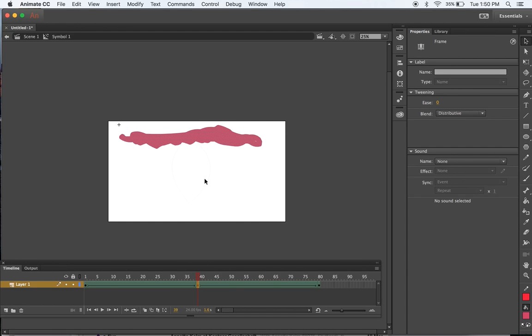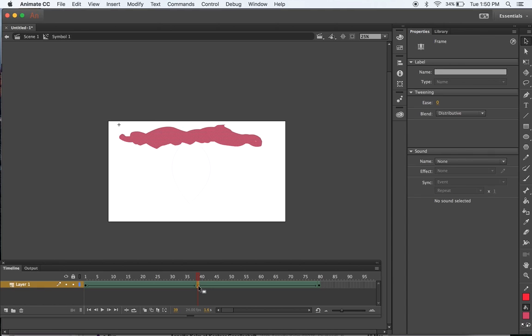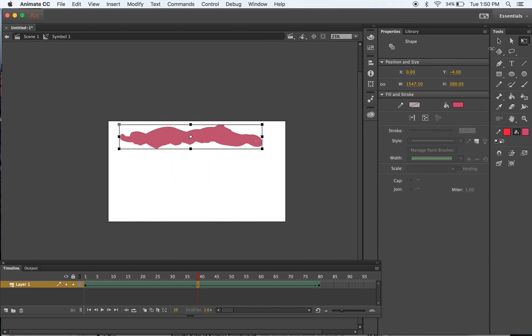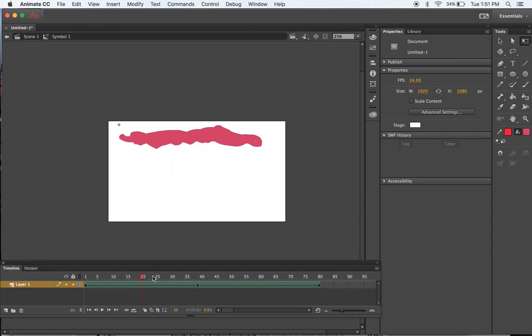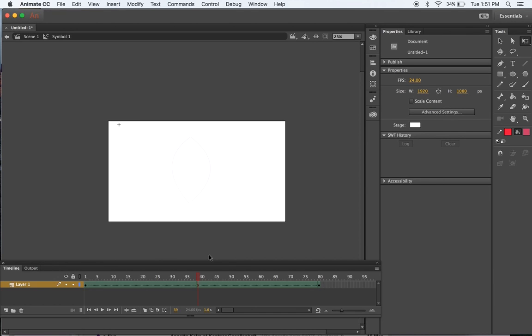One thing I noticed is that I could play around and move the different points here, but for something drawn with the brush tool, there are so many points that it's hard to transform these things in a meaningful way. You could go into the free transform tool and get into these customizable areas and do some distortions like that. That could be a good way to deform this thing. But another thing I can do is go into this frame, select everything, and delete it,